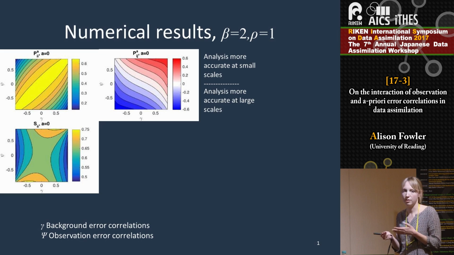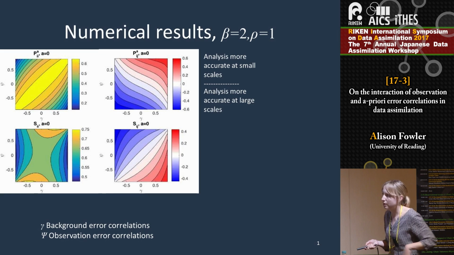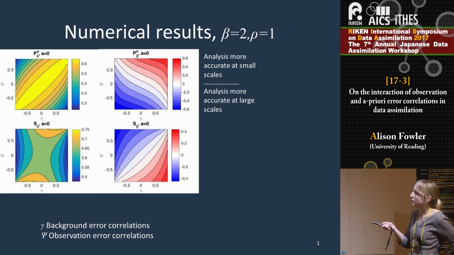This is understood as follows. The role of the background error correlations is generally to spread information. So you have more information coming from other observations, and the influence of a direct observation is going to be less. Whereas when you increase the observation error correlations, the information from other observations is reiterating the direct information in the direct observation, so the analysis is more sensitive to it. But we can also look at the cross sensitivities. As I said before, this is a measure of the spread of information from other observations.